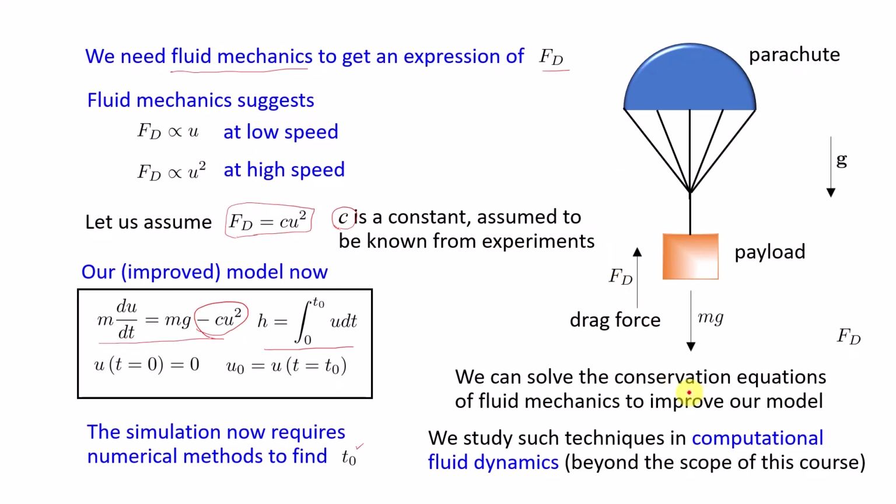That means you can solve the mass conservation and momentum conservation of fluid mechanics, and from that you can get the drag force. That will be a hugely complicated problem, and that kind of problem we study when we study computational fluid dynamics, which is a completely different subject, and